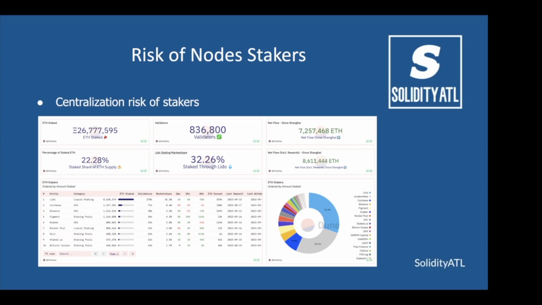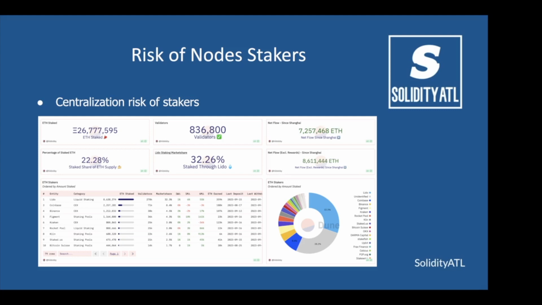Here you can see that Lido, which is a decentralized staking platform, takes up almost 33% of where staking is occurring. You also see places like Coinbase and Binance, other centralized places. There's also some self-custodial staking there as well.